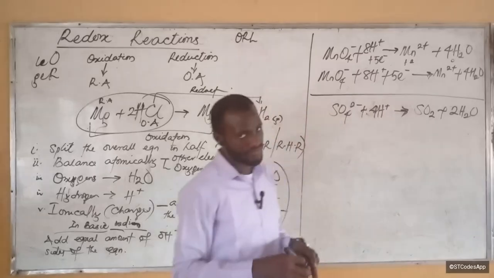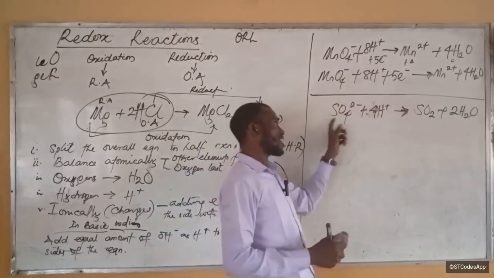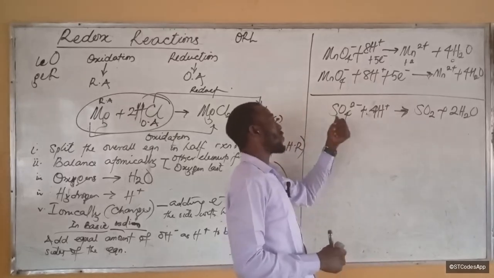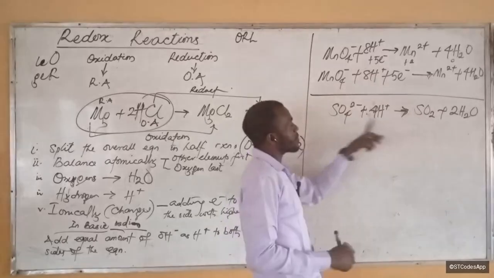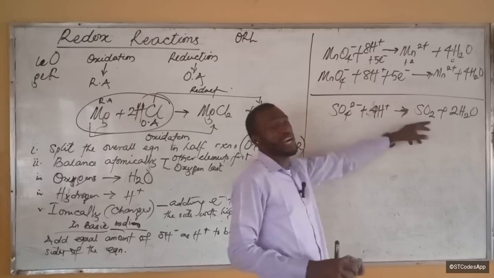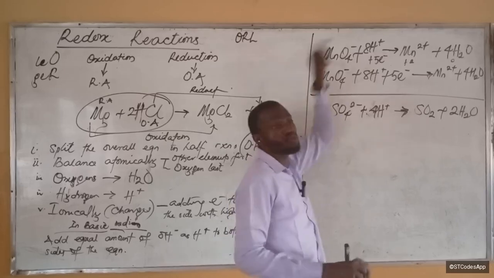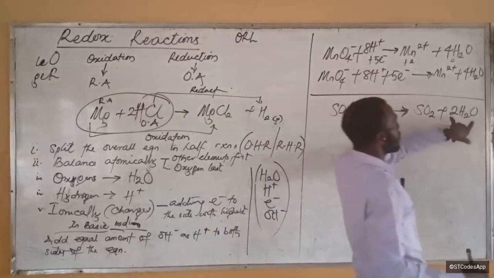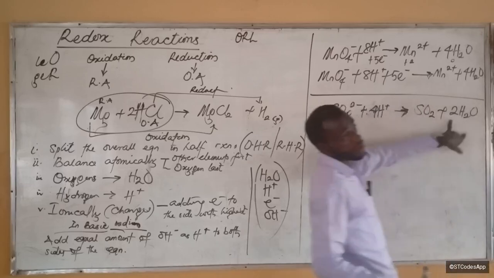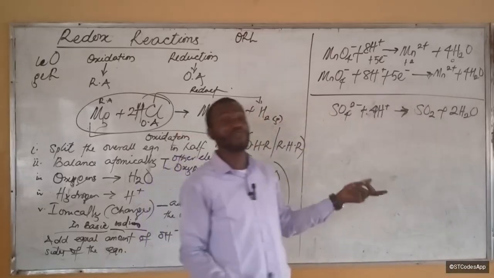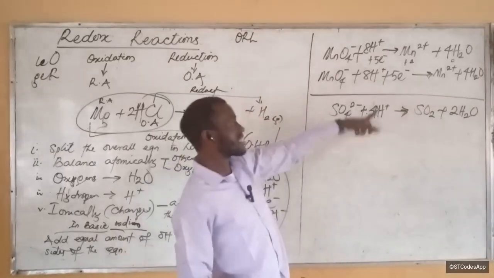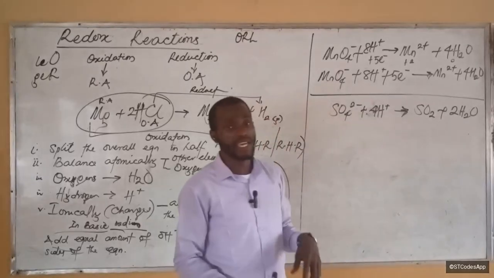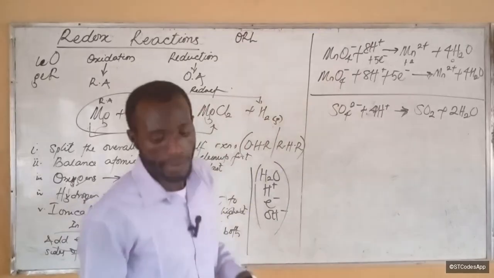Do you understand now? Let me take it again. S was 1, S was 1. O is 4 here, it's still 4. O is 2 here. Now we need to balance it because we have 4 here, we have 2 here, we need 2 more here. So we add 2 water to this side. The 2 water we add to this side will have introduced 2 oxygens that we need. But of course, we have also introduced a strange guy, hydrogen. So we'll come back and add the strange guy here. 4, because it's 4 here, 2 times 2, 4. Here, 4H plus. Is that clear? By doing that,